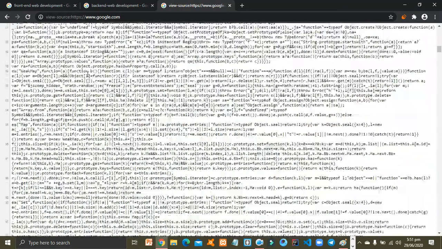The CSS is also added, I think at the end. Yes, it is added at the end, and it's all CSS. The styling part is in the CSS. The brain functionality part of the website is JavaScript, and the structure of the website is HTML. So let us write and make a website so you can understand the front end of the website.